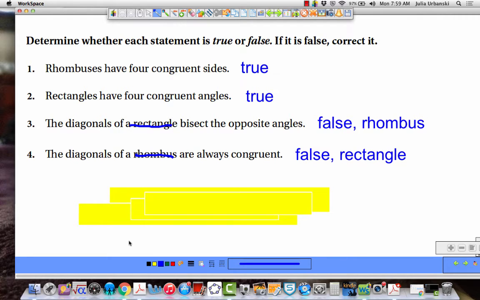Okay, questions? All right, turn to the back side. Let's try a couple together, then I'll give you 25 minutes to work on your homework and hopefully